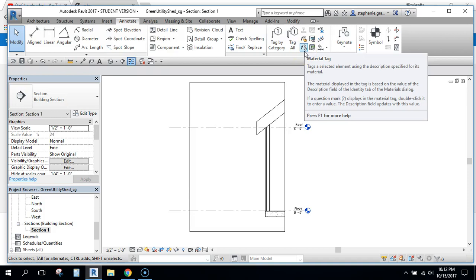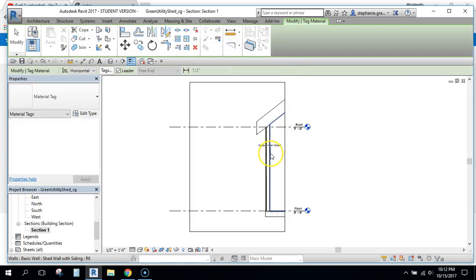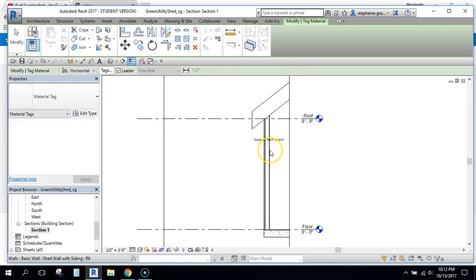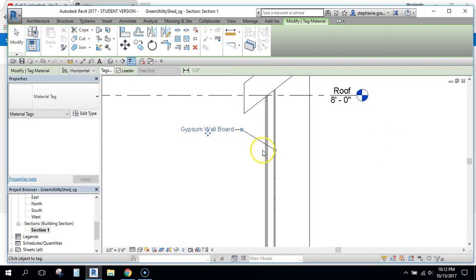It tells us to tag the gypsum board. So if I click material, you can see that it recognizes the gypsum board. So I'm going to click that, click again, and kind of click out here, and it will put that tag in for me. They also want me to tag the cedar siding,